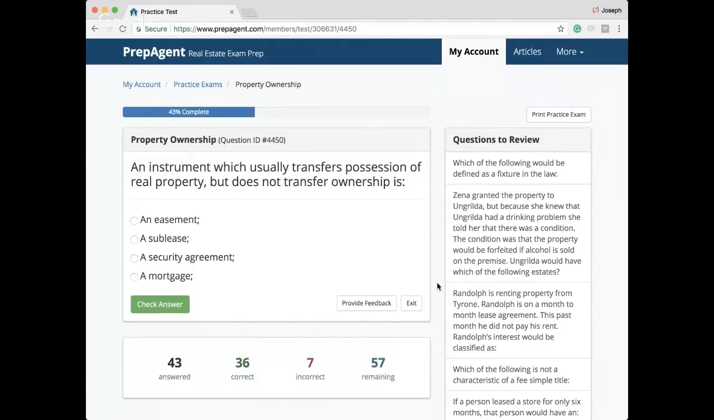Okay, an instrument which usually transfers possession of real property but does not transfer ownership is an easement, a sublease, a security agreement, or a mortgage. What do you guys think? An instrument which usually transfers possession of real property but does not transfer ownership is easement, sublease, security agreement, or a mortgage. What do you guys think? Okay, and the answer would be